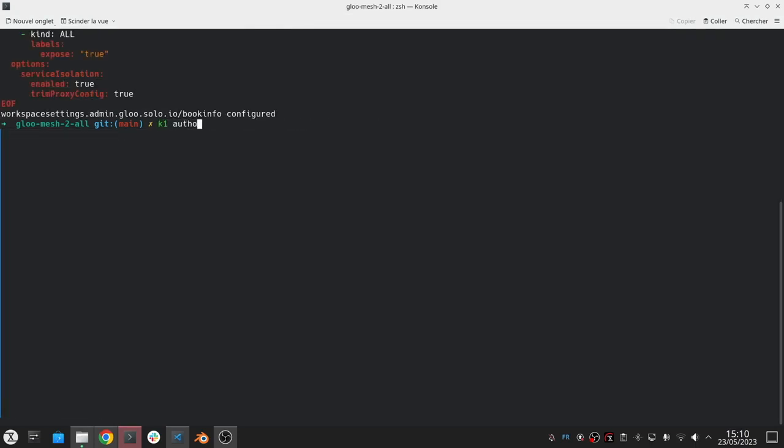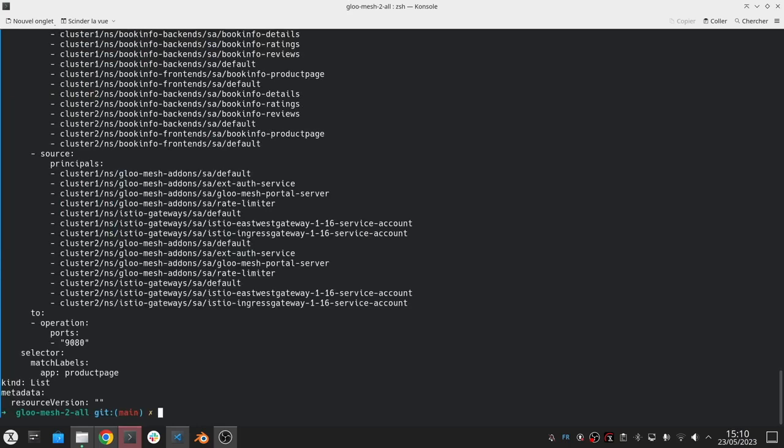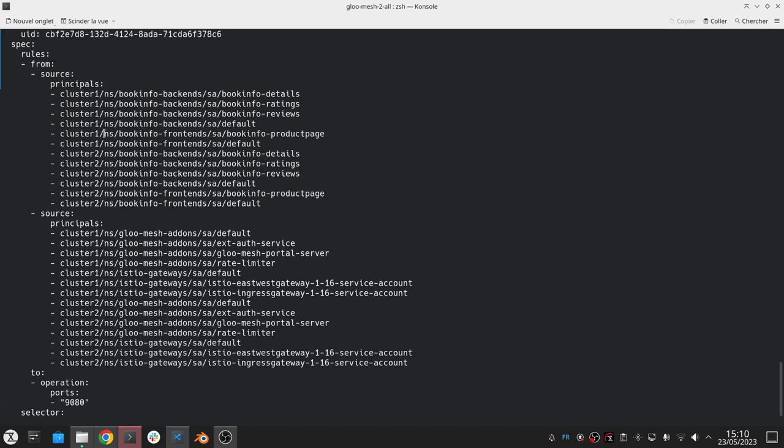And automatically we'll see that a lot of Istio authorization policies have been created by the platform. You can see the 4 services that are in this workspace, and you can see the product page has been exported to the gateway workspace. So all the identities, the SPIFFE ID, the one that contains the cluster, the namespace, the service account name, and all. So all the service accounts in my workspace,